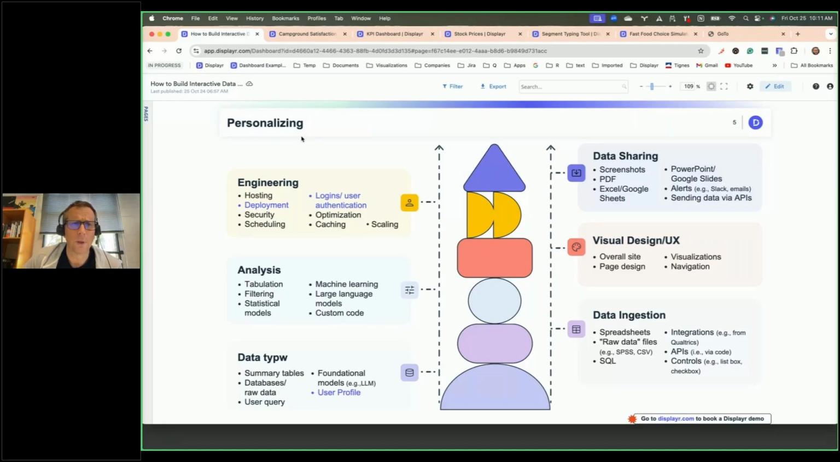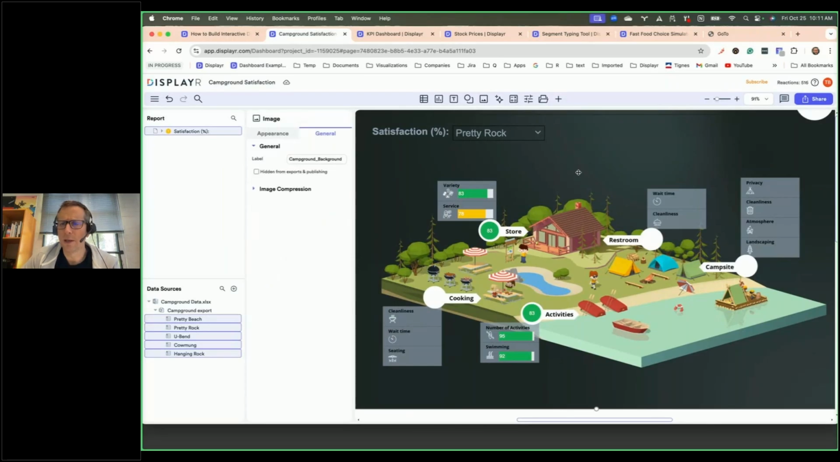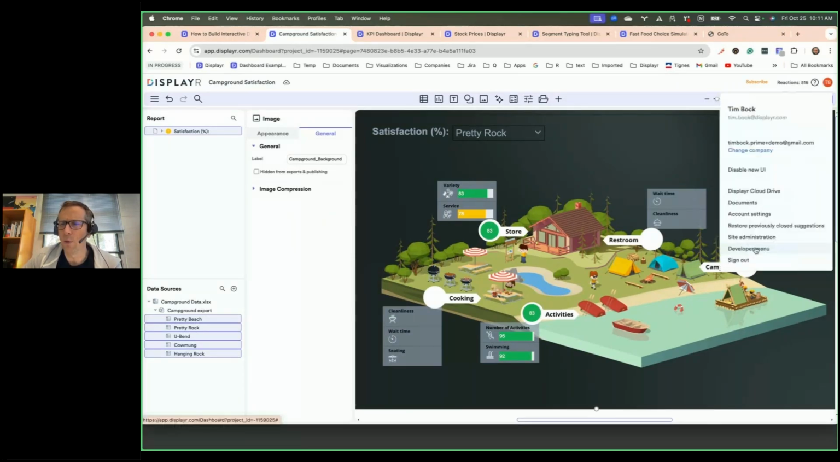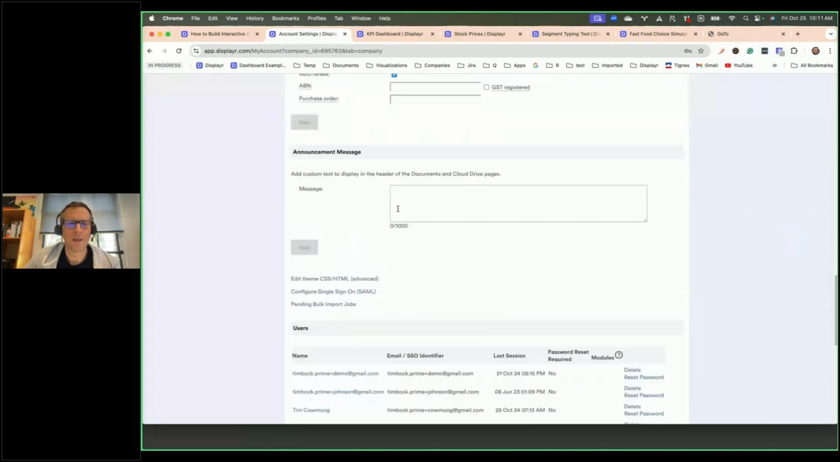How do we do that? Well, we'll go back in here. The first thing we need to do is set up our user groups. I've already done that, but I'll go into the account settings for my company settings, and you'll see down here,